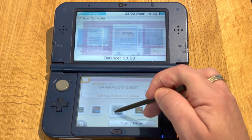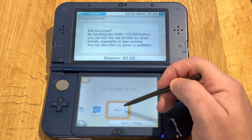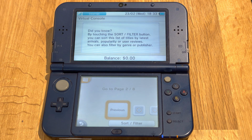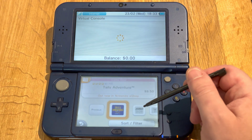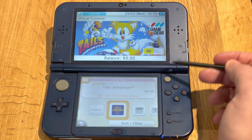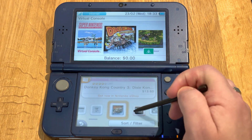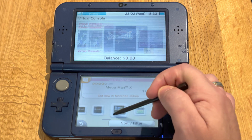So like I said earlier, remember that if you're interested in any of these Game Boy games, especially, the Super Nintendo games are now available on the Nintendo Online service, most of them. But if you're interested in any of these, Game Gear, I forgot about that. So the Virtual Console on the 3DS also has Game Gear. So if you're interested in any Game Gear, Game Boy Advance games,